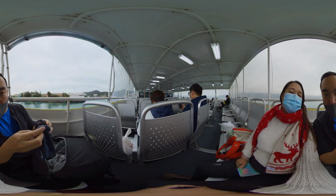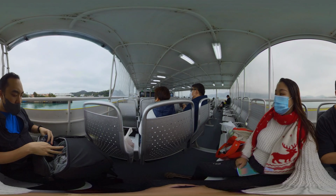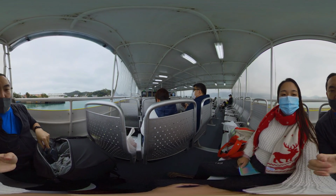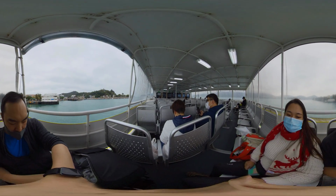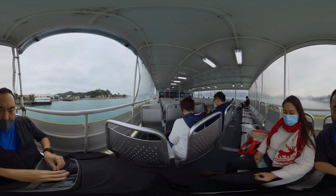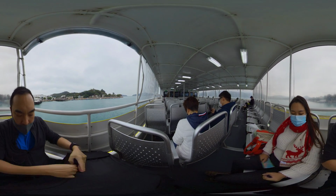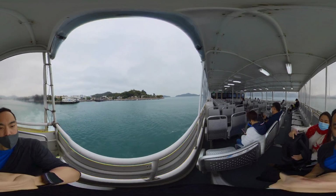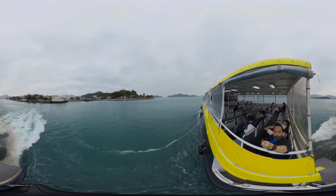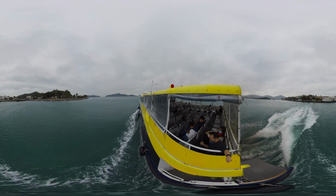Anyway, now we're on the Insta360, so it should be nicer. Now that we're in the daytime, we can have another look at the surroundings before we take off on our fast ferry. I better be quick because it's very quick. Alright, let's throw that over. Alright, you're going to have a look at the lovely Peng Chau